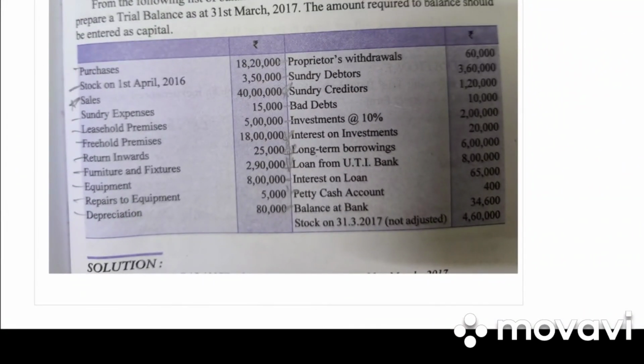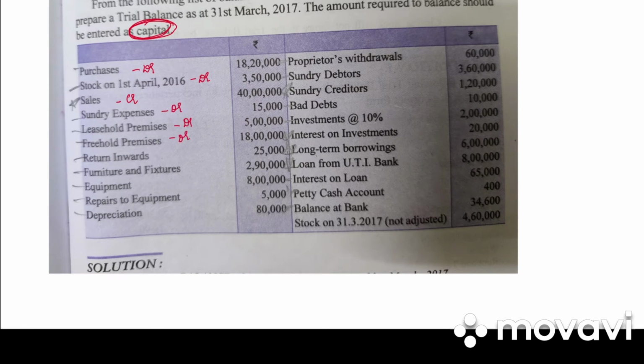Let's take another illustration, that is illustration 4. From the following list of balances extracted from books of R. Dravid and Sons, prepare trial balance. The amount required to balance should be entered as capital. So in the question they have given us that if you have any balancing figure, that will be entered as capital. So purchases debit balance, opening stock debit balance, sales credit balance, sundry expenses debit balance, leasehold premises debit